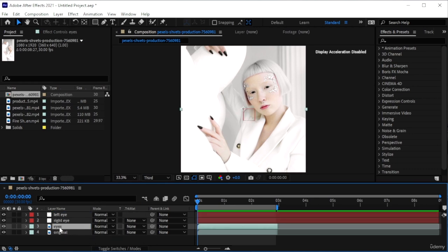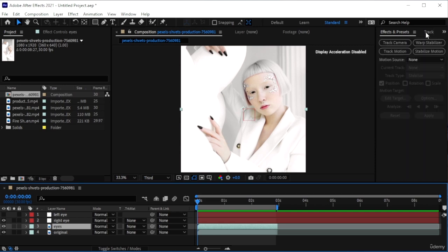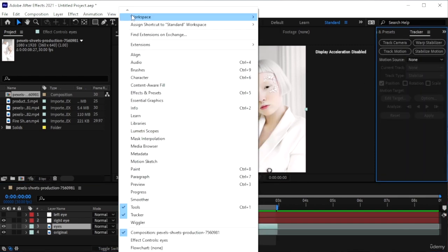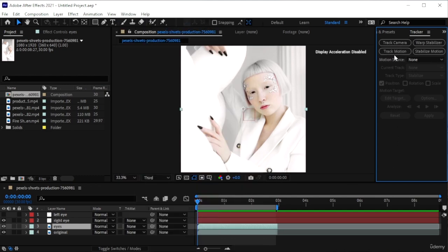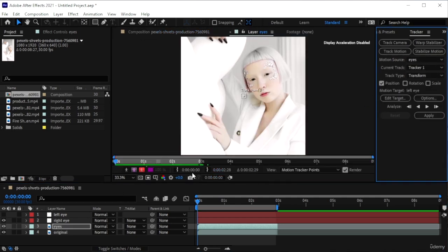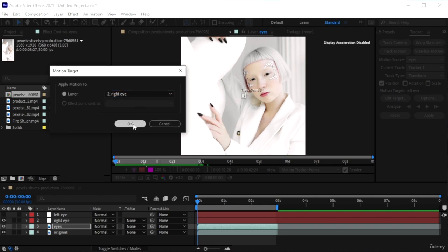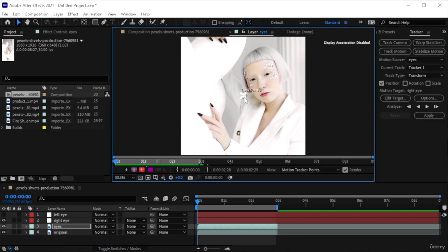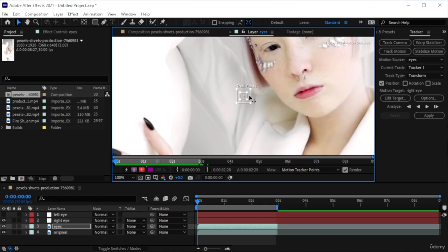And now on the eyes, I'm going to choose 1 first. So I'm going to start with the right eye, turn off the left eye for a second, go to my tracker panel. Again, if you're not seeing it, window, tracker. We're going to track the motion of the eye. So hit track motion and click on the eye, track motion. We're going to come into the layer of the eyes and we're going to set the motion target to right eye. Hit OK. Then we have this little box that we're just going to first zoom in and move it